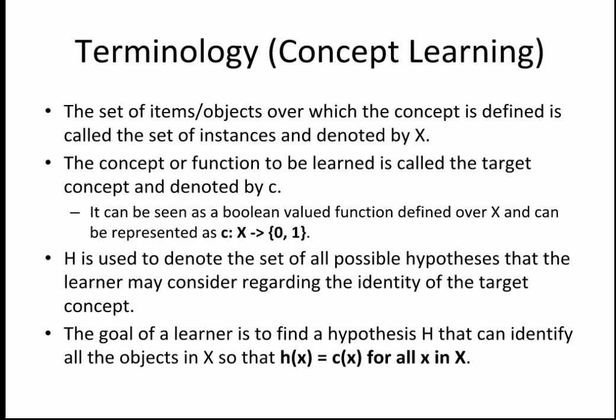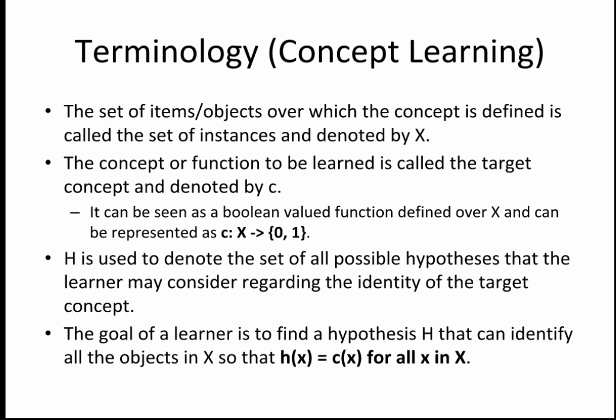So a concept function in our concept learning will be represented with small c, such that for any training sample it will give you a value of 0 or 1. Another, capital H, will be used to designate a hypothesis space, and small h will be used to designate a hypothesis corresponding to your particular problem, such that our target concept is learned properly. So please do not get confused with these words. You have to just understand what we have to do in case of concept learning.